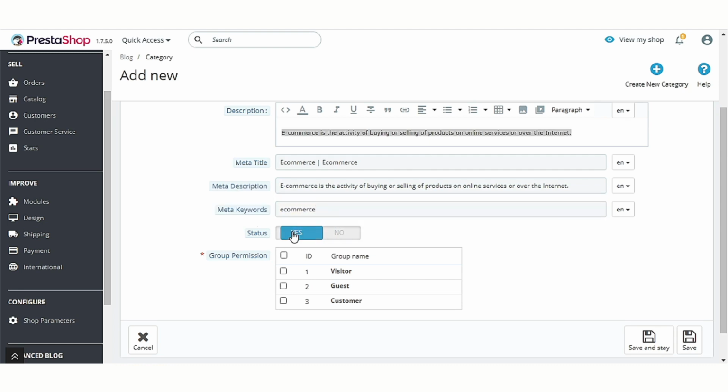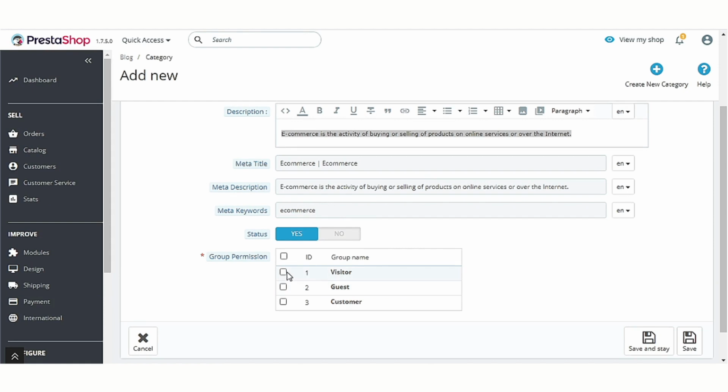From here, admin can enable or disable the category. Select the groups whose user can view this category.